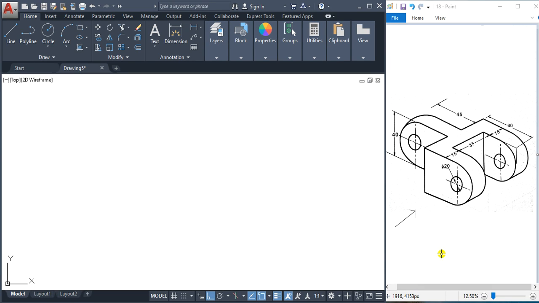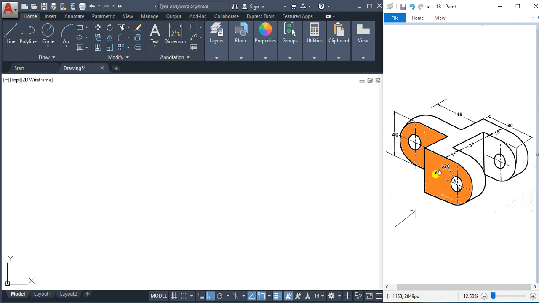Now here we have to draw the orthographic projections of this object, and this arrow indicates the front view direction. So in this direction, the surfaces which are visible are this surface and this surface, and also in this direction, a hole or a recess or slot is there, so that slot we have to represent with this line here.